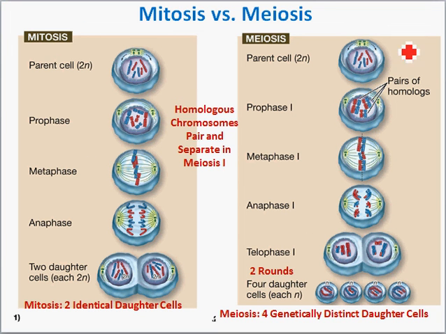right? But in meiosis, what we do is start with 1 cell, we end with 4 cells, and we go through 2 rounds of cell division, and all the daughter cells are genetically different. And that means they have half as much genetic information as the parent cell they started with, and it's been rearranged through independent assortment and crossing over. Now, if we look at mitosis, what happens during prophase and metaphase,